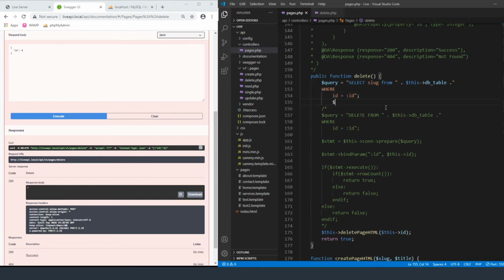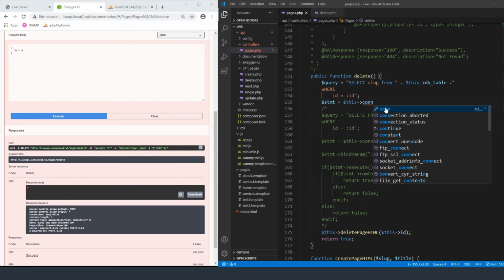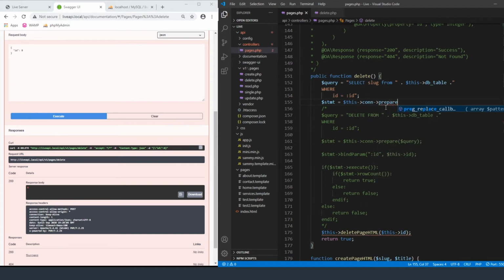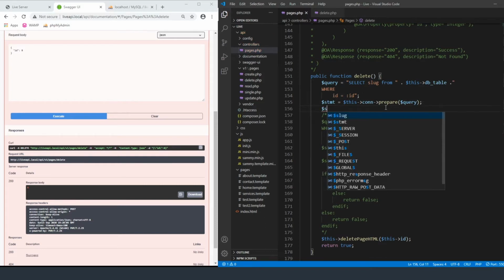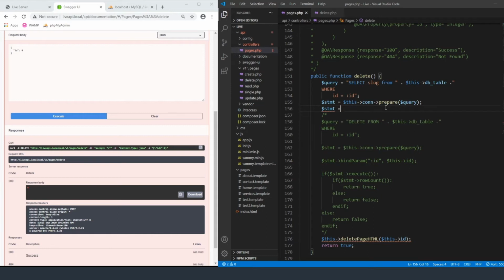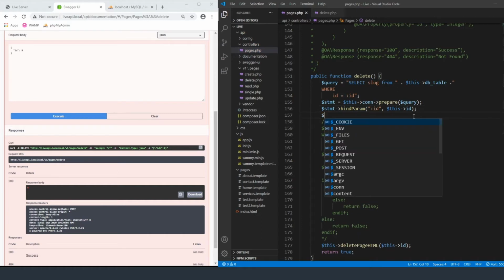And okay, so now we've got to process the statement. So let's do statement equals this. We've got to pass over the connection and then do our prepare, and then we've got to pass the query that we created above. And then finally we've got to bind the parameters. So statement bind param, and then we're going to do the same thing. Actually, you know what, let's just go ahead and copy this because it's the exact same thing that we're doing up there. Okay, and then we're going to execute that statement. So statement